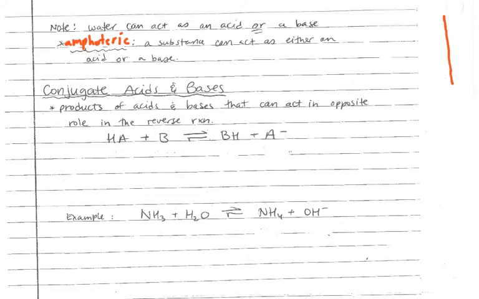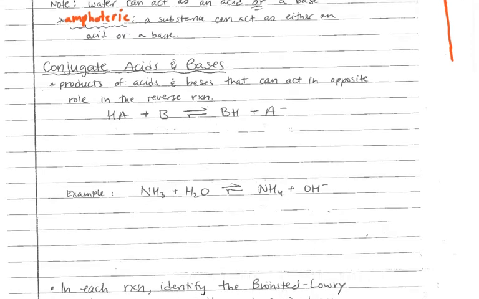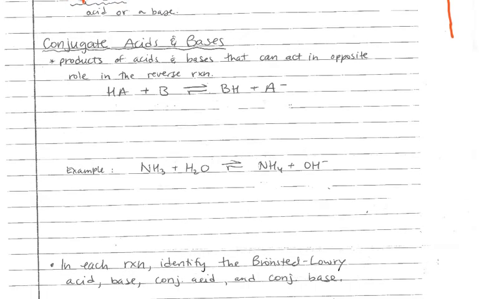So you can't always just memorize whether something is an acid or a base, because some things are amphoteric. So you really have to be able to look at the equation and see, did that substance lose a proton, donate a proton, or did it gain, accept a proton, and then identify it as an acid or a base. So we'll do some more practice problems with that. We're also going to talk a little bit about how, since a lot of chemical reactions are reversible, that means that the product can sort of